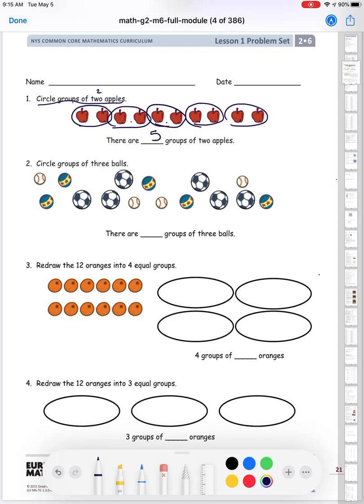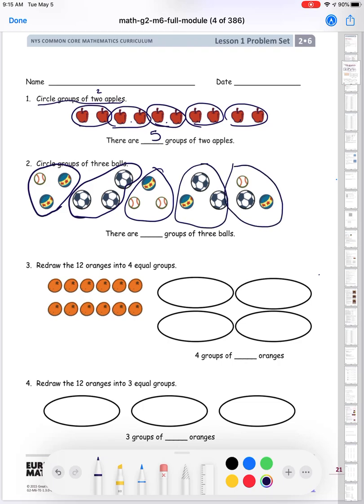All right, the next one is circle groups of 3 balls. There's 3. And it doesn't matter which balls you circle together as long as it's 3 balls. Here's another 3. You could even do something like this where you go 1, 2, 3, and 1, 2, 3. And now you count. You go 1, 2, 3, 4, 5 groups. So there are 5 groups of 3 balls. Okay, so now you're going to